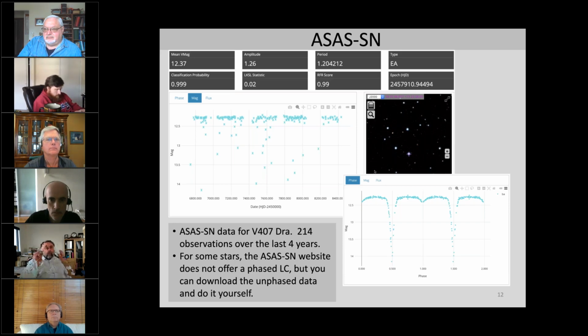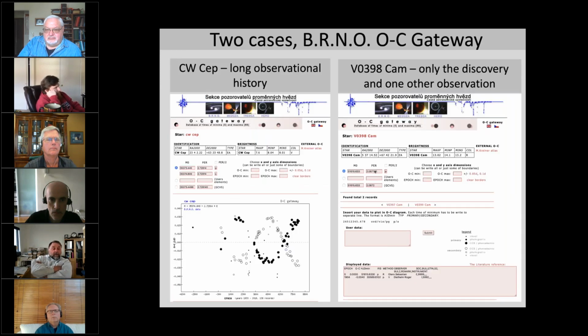Okay, now these are a couple of screen grabs from the Bruno site. On the left, CW-Sep. Let's say that I was contemplating observing CW-Sep. Well, as soon as I get back this web page, I see that this is a fairly well-observed star. Every symbol on that graph is a time of minimum observation. The filled black circles are for primary eclipses, the open circles are secondaries, and what this kind of O-C diagram